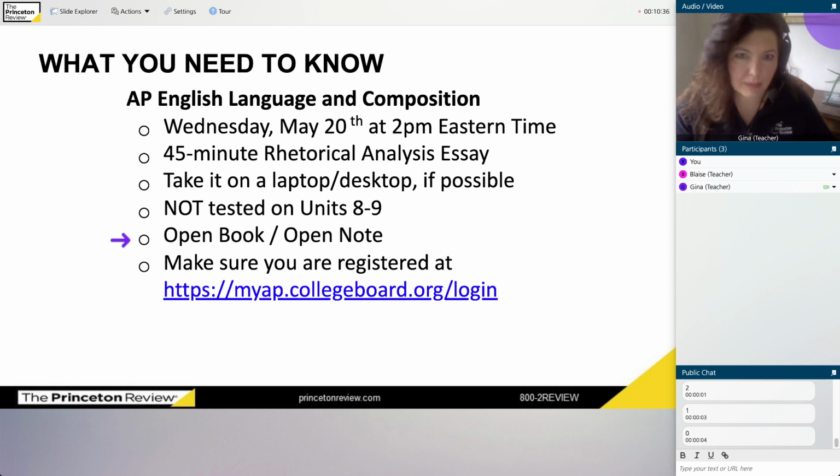However, let's talk about what this means for this particular test. First of all, as you know, the AP English composition exam is not primarily a test of what you know. It's more a test of your ability to read and dissect passages, understand them, look at rhetorical analysis, right? So it's not like you're being asked when the Civil War started. It's not that kind of test. So the reality is, even though you do have access to open notes, chances are you're not going to be using them a lot. That doesn't mean you won't be using them at all. It just means that this is not a test where you can just write everything down and expect that you're golden, right? You do have to actually do some thinking for this test.